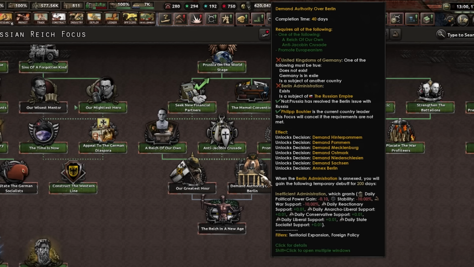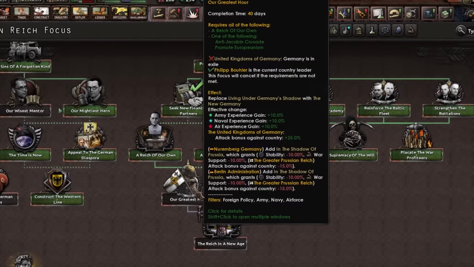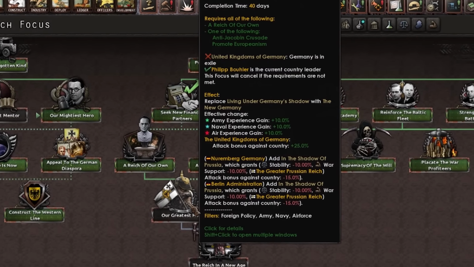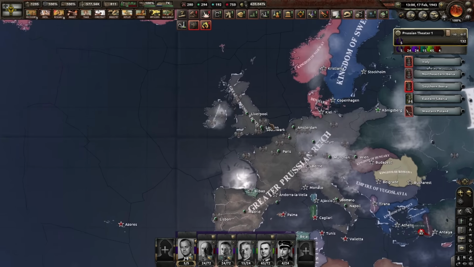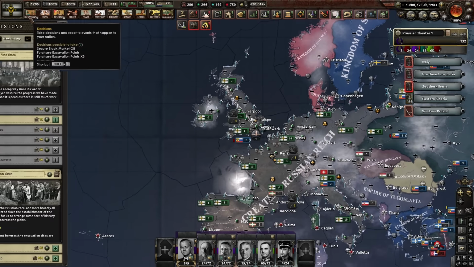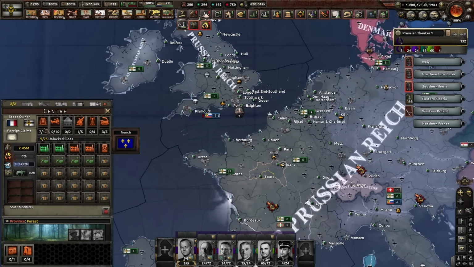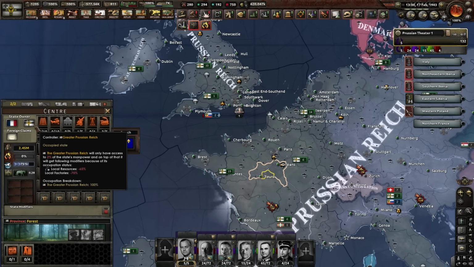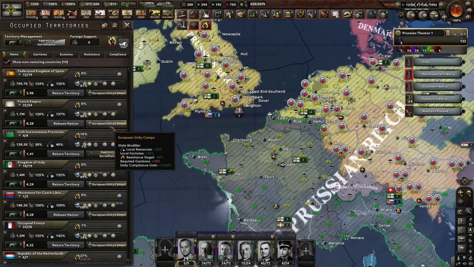It dawned on me looking at my focus tree that clearly something broke with the scripted peace deal. The United Kingdom of Germany has been gone for years, and I still can't do this focus. Look at Prussia right now, and we're still living in Germany's shadow, like whatever mod. I'm pretty sure it broke because France capitulated and the game didn't know what to do when Prussia beats Germany. Thankfully, they are getting rid of the scripted peace deals soon trademark, so I just have to suffer with it